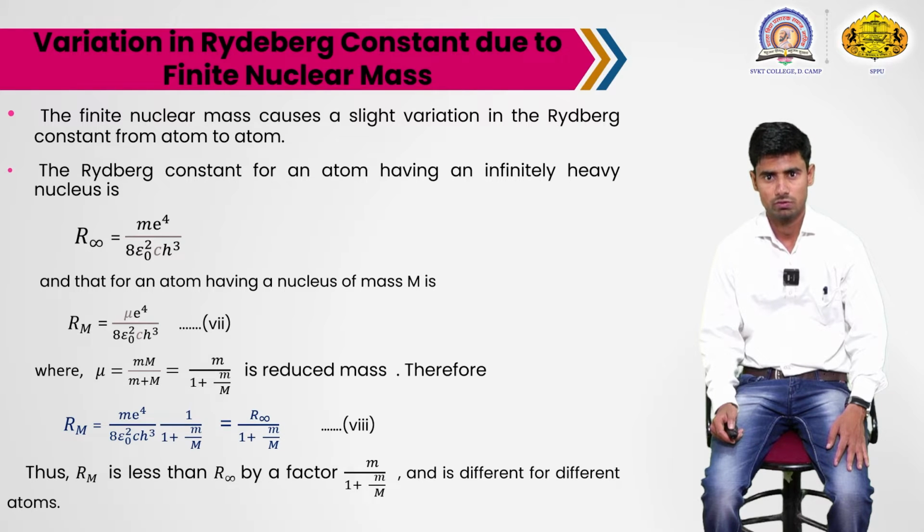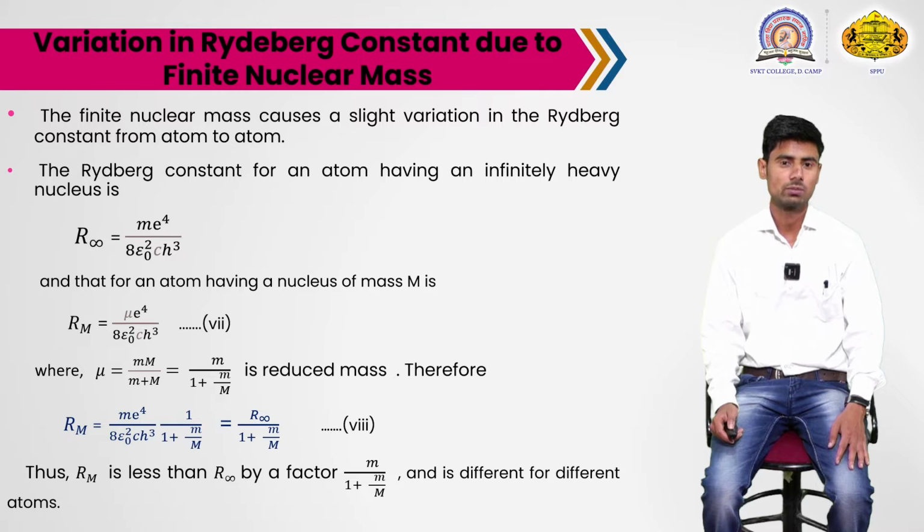It is very large compared to the electron, but in reality it has a finite mass. So due to the finite mass of the nucleus, there is a slight deviation in the value of the Rydberg constant, and we have the formula for the Rydberg constant under the assumption that the nucleus has infinite mass as R infinity